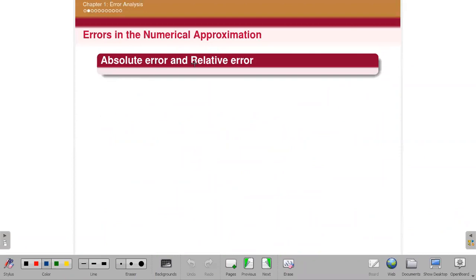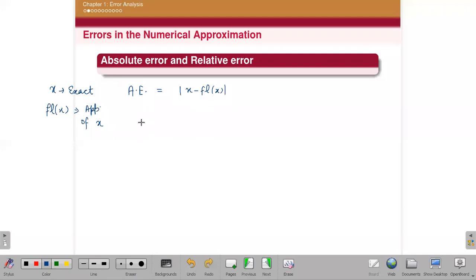So next we define absolute error and relative error. Obviously, if you are talking about the exact and approximation, you will find out the errors also. So absolute error, you all know that if I write x as an exact number, and FL of x as an approximation of x, then AE will be mod of x minus FL of x. So don't forget to put mod here. Students always keep brackets here. They don't know the value of mod here. So you should put mod here.